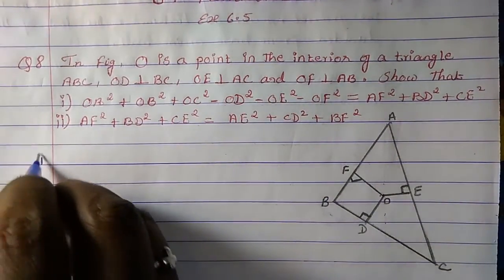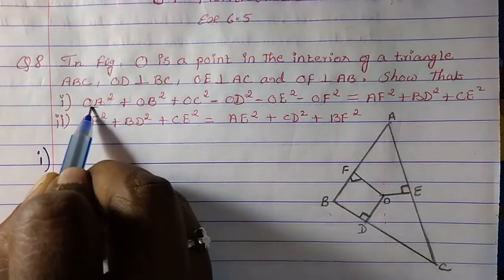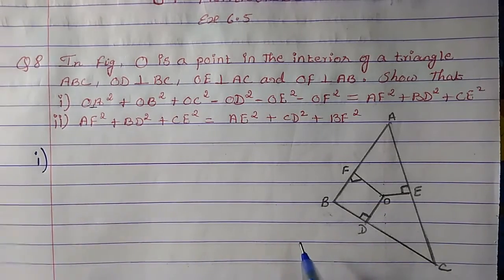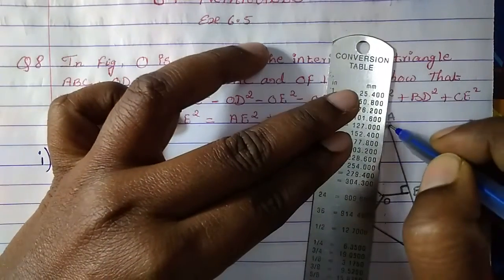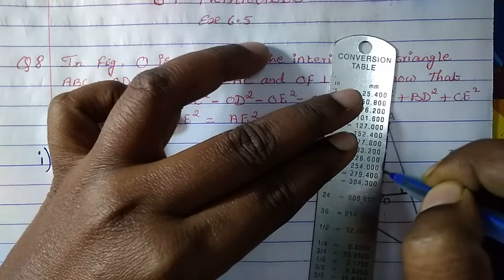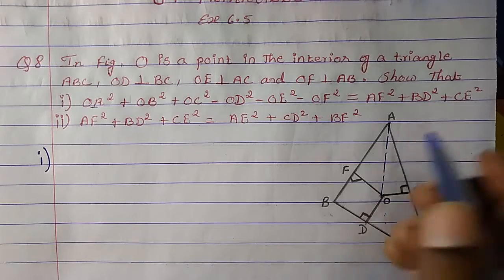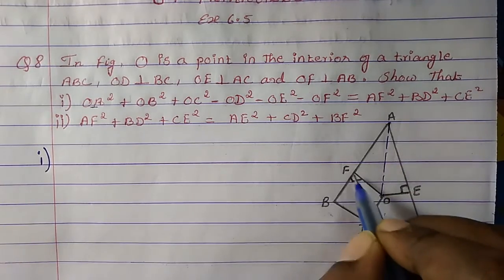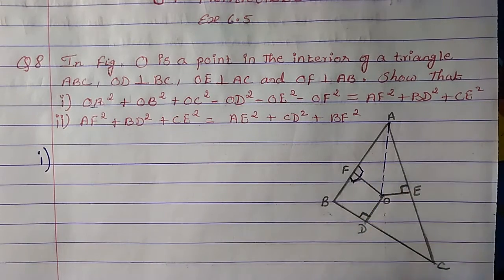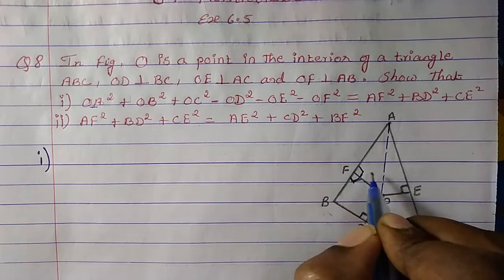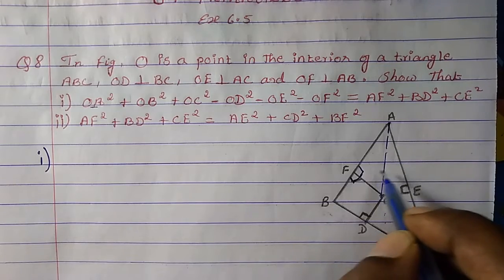Okay, so this is what we have to prove. So first, OA square is there. So let's see where OA square is here. O is here, A is here. So let's draw a line. Okay, so now this is OA. Another thing: we said that OF is perpendicular to AB. So if this is 90 degree, then this also will be 90 degree, and this becomes a hypotenuse. So now this OA has made this into two triangles.